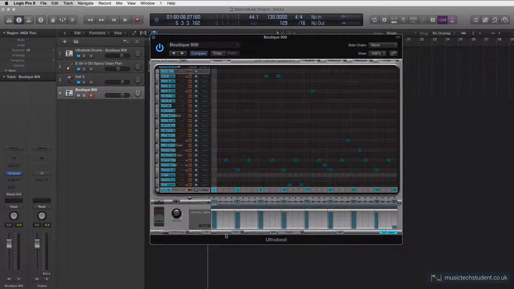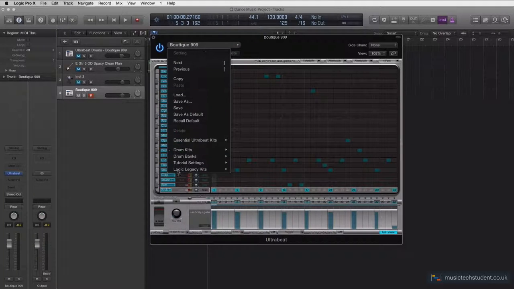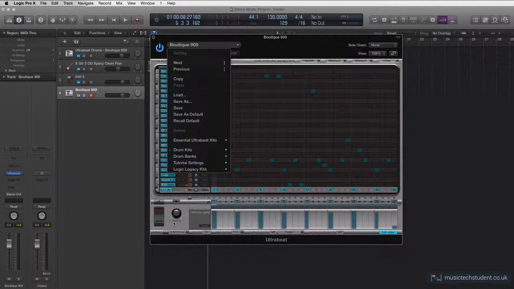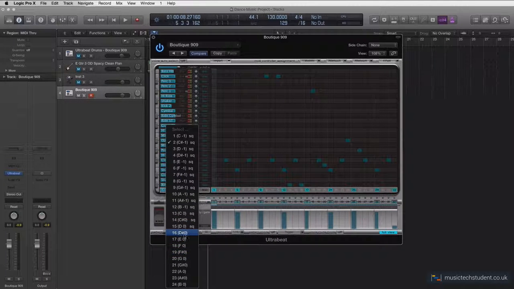Now let's create our own sequence. So come down to this bottom region here, scroll all the way to the bottom where it says number 16, or depending on what patch you're using, it could be different. And I thoroughly recommend that you experiment with all of these different drum kits. There's absolutely hundreds of them, just to have a little look through, okay? Click on this one, go down to where it says sequence or 16, no sequence,